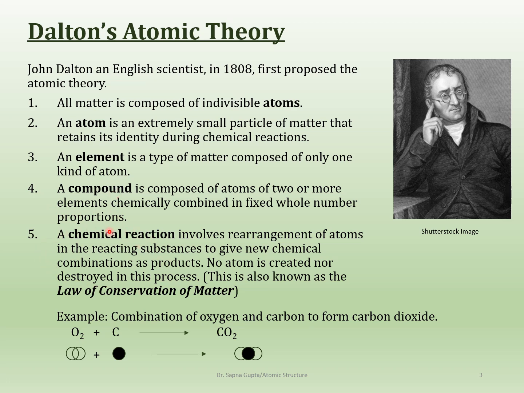And then there is a chemical reaction in which a rearrangement of atoms occurs. And what he means by the rearrangement of atoms is that if you start with this number of atoms, you will end up with the same number of atoms. Maybe they are not combined in the same way, maybe they are combined in a different way, but you will have the same number of atoms. And this is also called the law of conservation of matter, okay, which is that matter cannot be created and it cannot be destroyed. All right, so whatever number of atoms you start with, you're going to finish with that as well. Okay, so no addition, no subtraction in the middle.